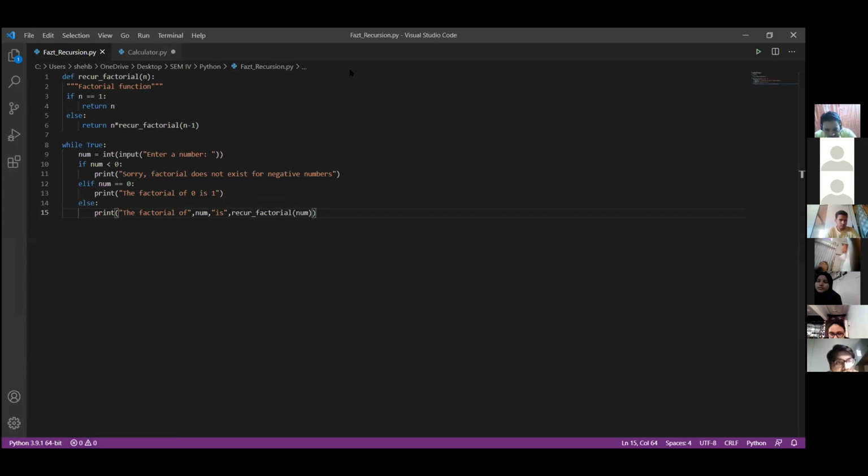Can you explain how it goes into the repetition till you don't want to exit? She has written the statement while true.